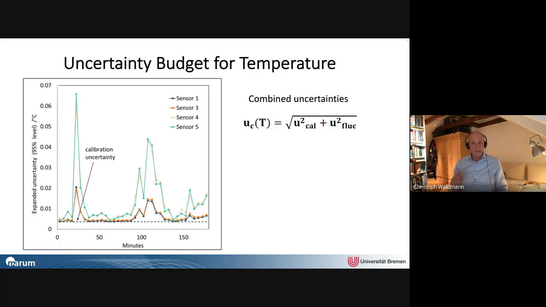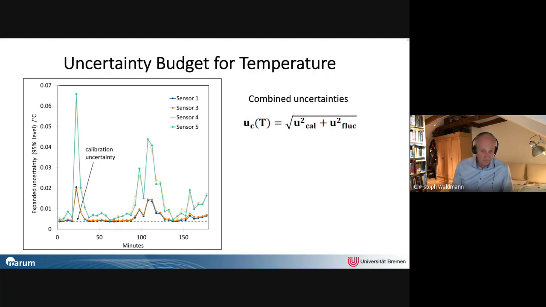Anyway, okay, I already indicated some of the considerations that we have done. In the end, we were just looking at two contributions, the calibration contribution and the fluctuations of the signal. And the reason why this is the case is that it appeared to us that the fluctuations can be very high, as I've shown on the slide before.